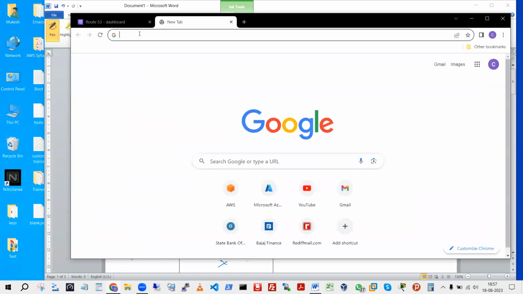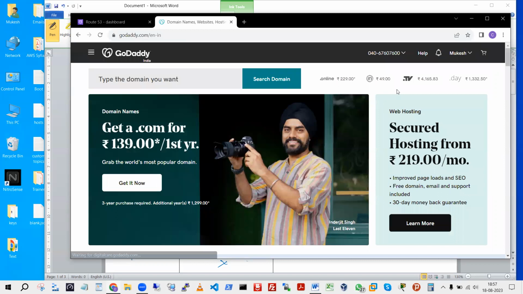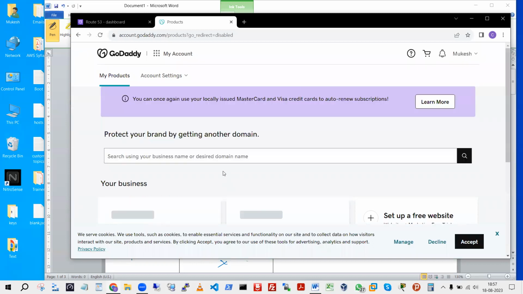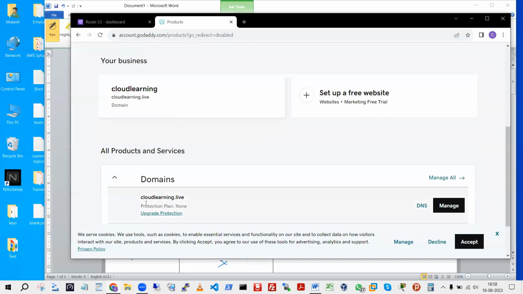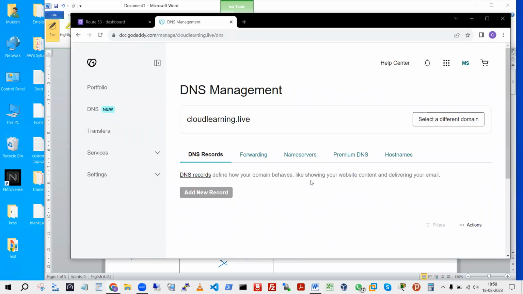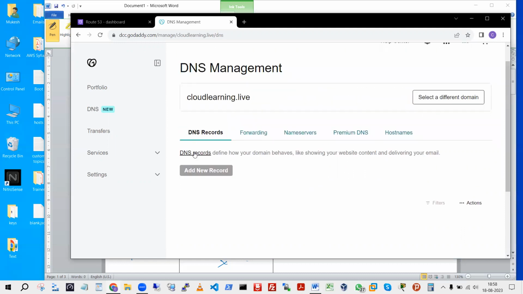Meanwhile, मैं आपको बता दूं, GoDaddy, right? यहाँ पर मेरा ऑलरेडी अकाउंट है, and if I show you the domain name, so this is a domain name, cloudlearning.live, ये मैंने लिया हुआ है। Go to the DNS management, right? और यहाँ पर ये आप देख रहे हैं ऐड न्यू रिकॉर्ड, आप यहाँ पे रिकॉर्ड ऐड कर सकते हैं, ये एक तरह का जोन फाइल है, राइट? लेकिन अभी ये काम नहीं करेगा क्योंकि मैंने नेम सर्वर चेंज किए हुए हैं यहाँ पर, इसलिए ये ऑप्शन अवेलेबल नहीं है।